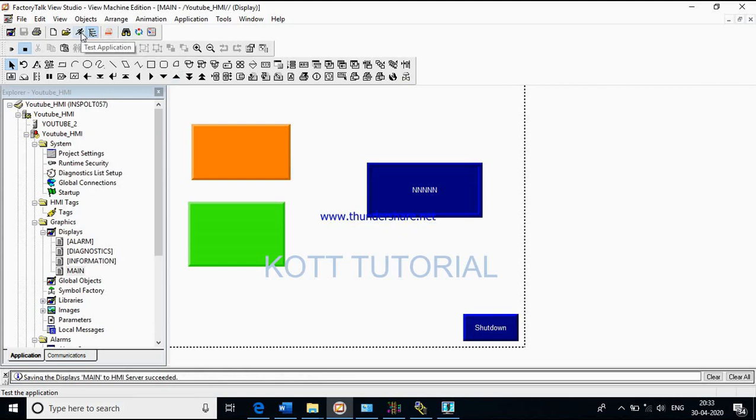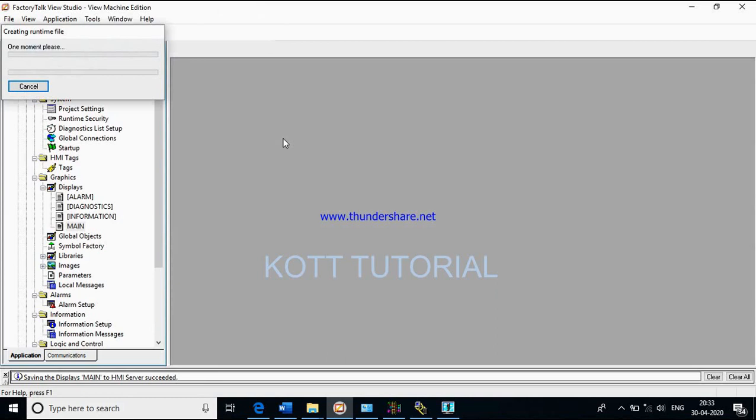You can see here test application. This would take some time.